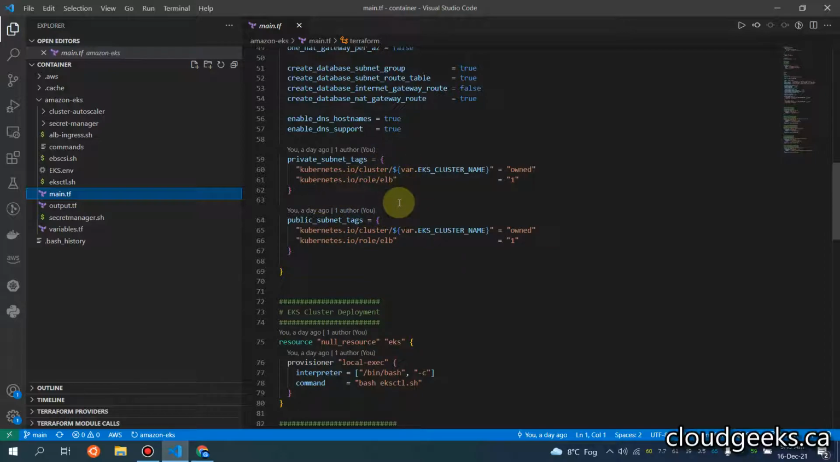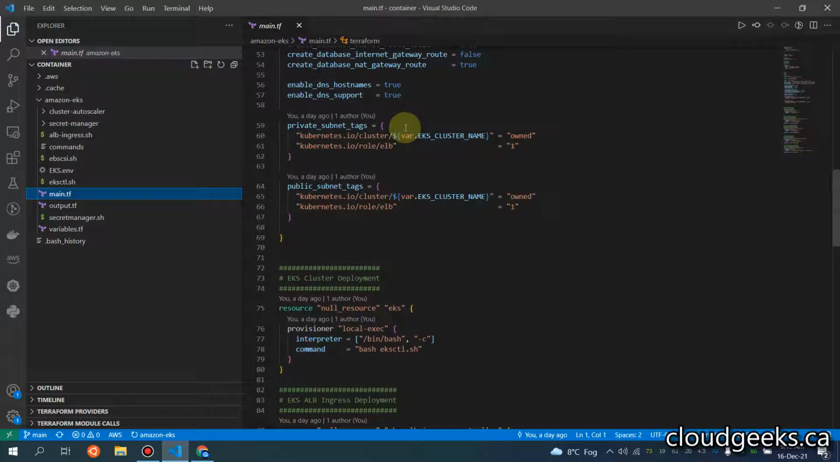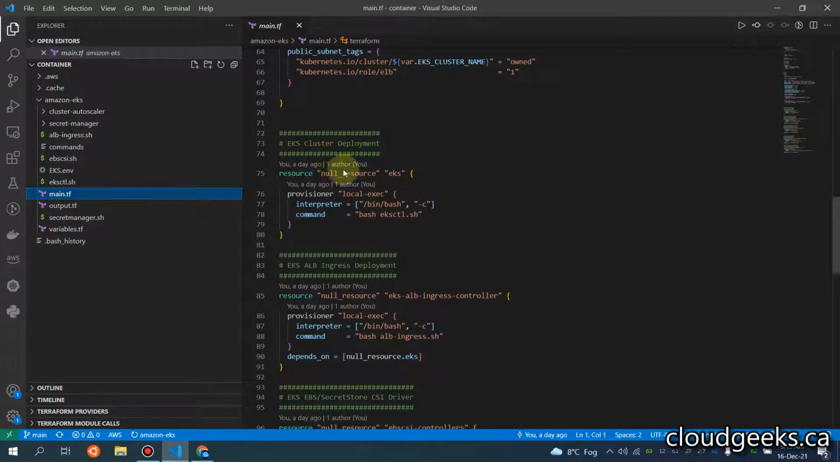Definitely we are going to install the ingress controller, the ALB ingress controller. So we need these tags, so they must be present. In case of an internal load balancer or external load balancer, your public and private subnets should have these tags. So anyway, we are going to then deploy the EKS